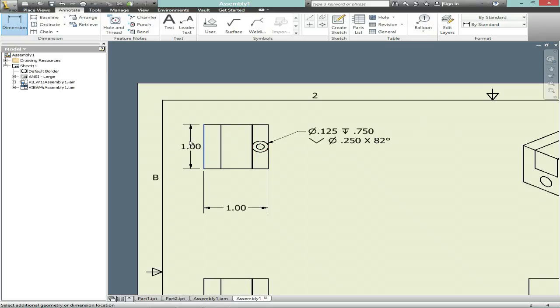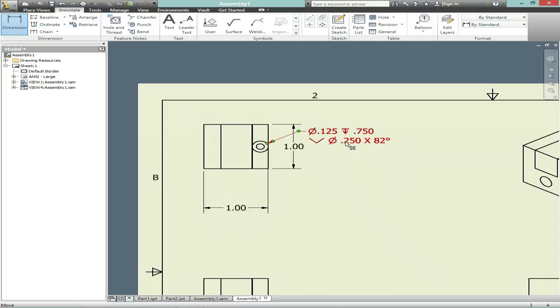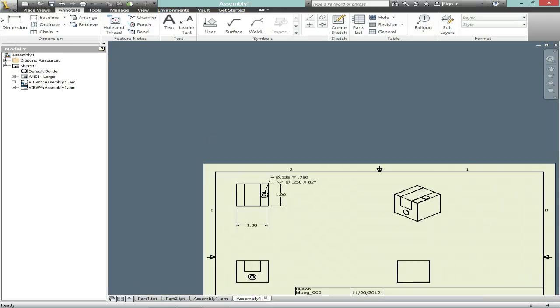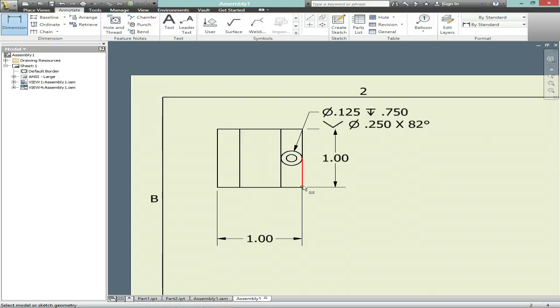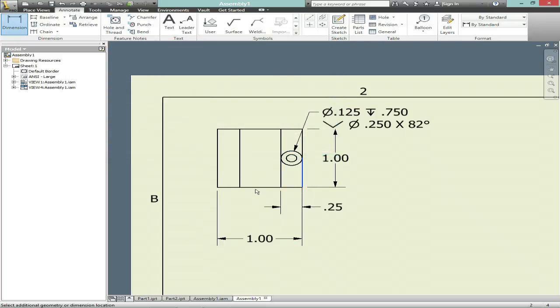So now you can continue dimensioning this side right here. I'll dimension this side, this part right here, this part here,